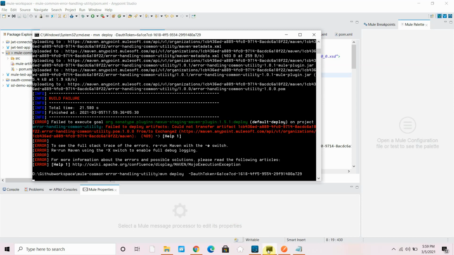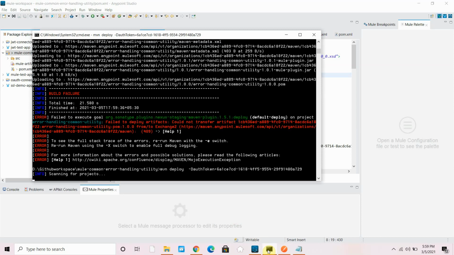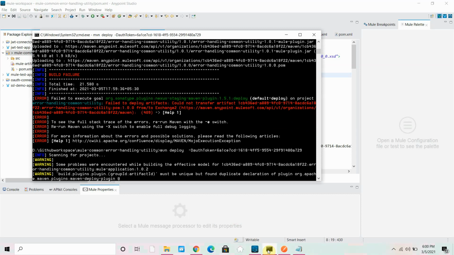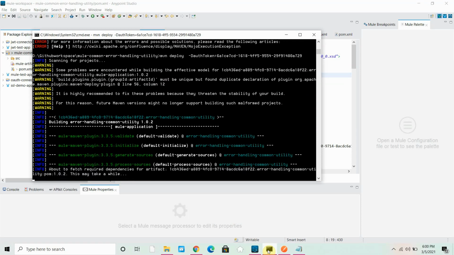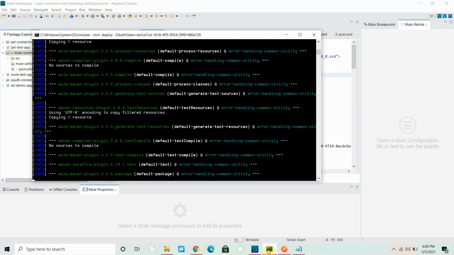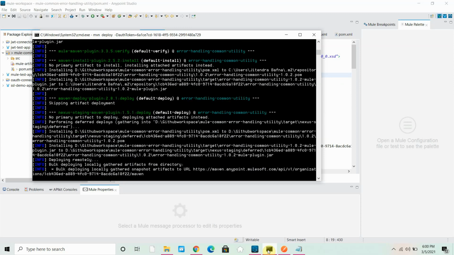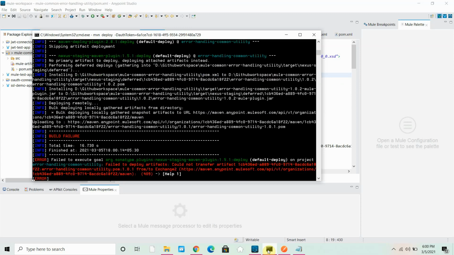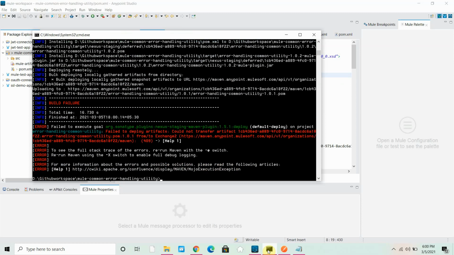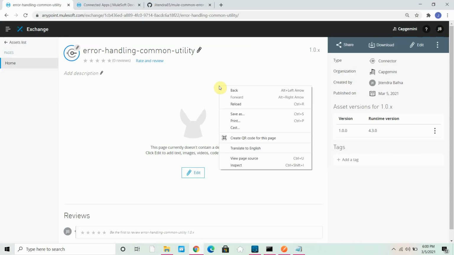So it will not allow to deploy the version again basically. Yeah, 1.0.2 should work, 1.0.1 should work, but in my case I haven't saved it, that's why. You can ignore that. I'm not sure what is happening, so let me check. Let me refresh it.